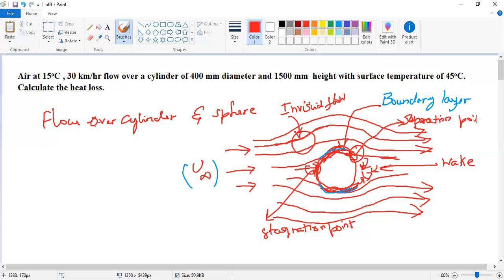Separation point. So this is a two-layer region: an inviscid region and a boundary layer region. This layer is very important. The first region is the inviscid flow, the change from the initial stream velocity, representing the boundary layer thickness. From the surface, the thickness at which the streamline velocity reaches 99% is the boundary layer thickness.